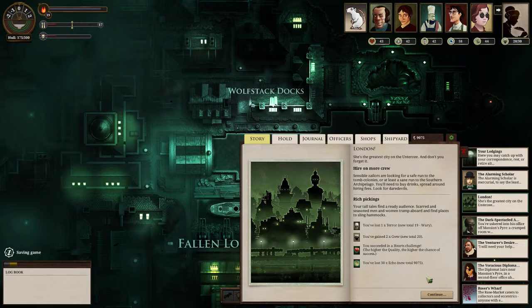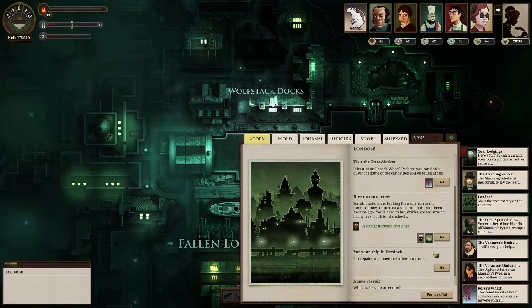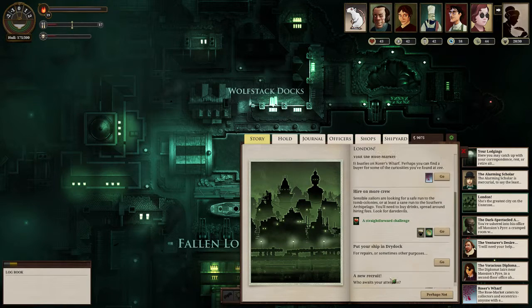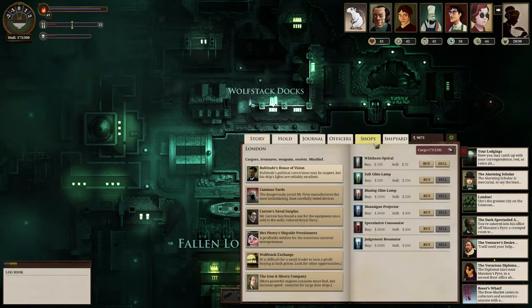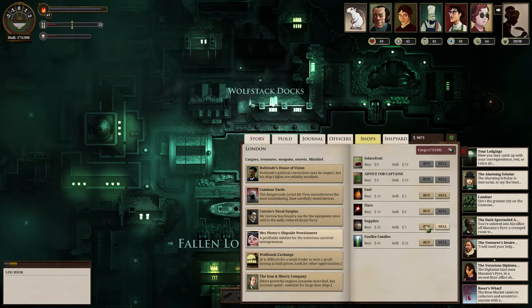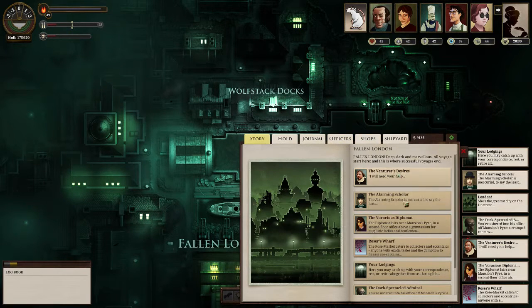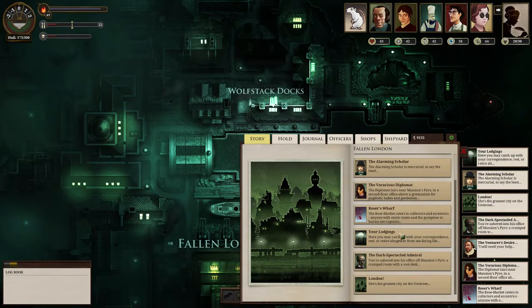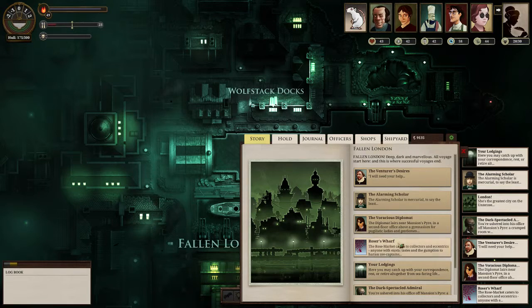Hire on a little bit more crew. Deliver the supplies, get free stuff there. Sell creative human souls. Alright, now I think morning papers, time with family, get rid of terror, just enjoy their company. Okay, good. Our terror is down. We're back here. Now let's go ahead and